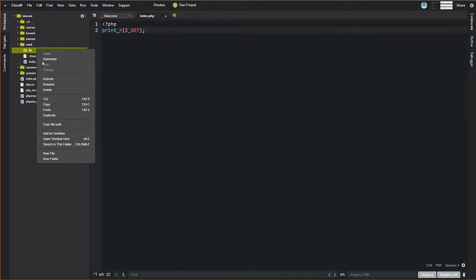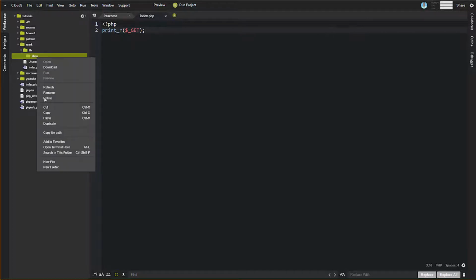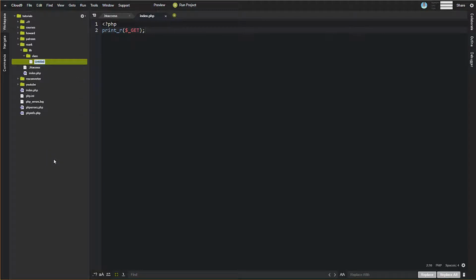And then inside of this, we'll create a new folder called class, and this is where we're going to store all the classes that we create and use. And then inside of this, we'll create a file called Rourke, and that'll be rourke.php. Rourke's going to be our main class for our template handling and so forth. And so we need to make sure that we have that over in our